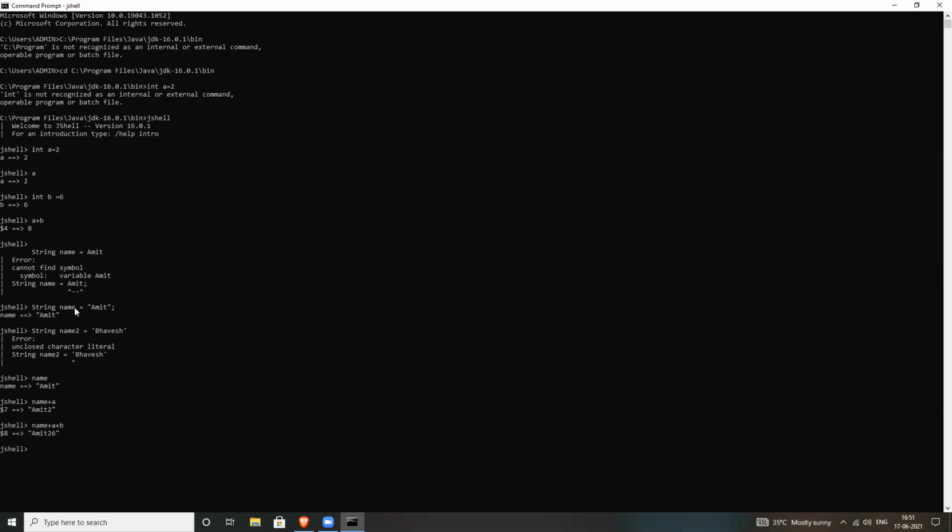You know the caret operator, right? This one is representing the position. So when you see in the Bhavesh name, just before the Bhavesh, this caret operator is representing that the error is on that line, on that single quote, the single inverted comma.